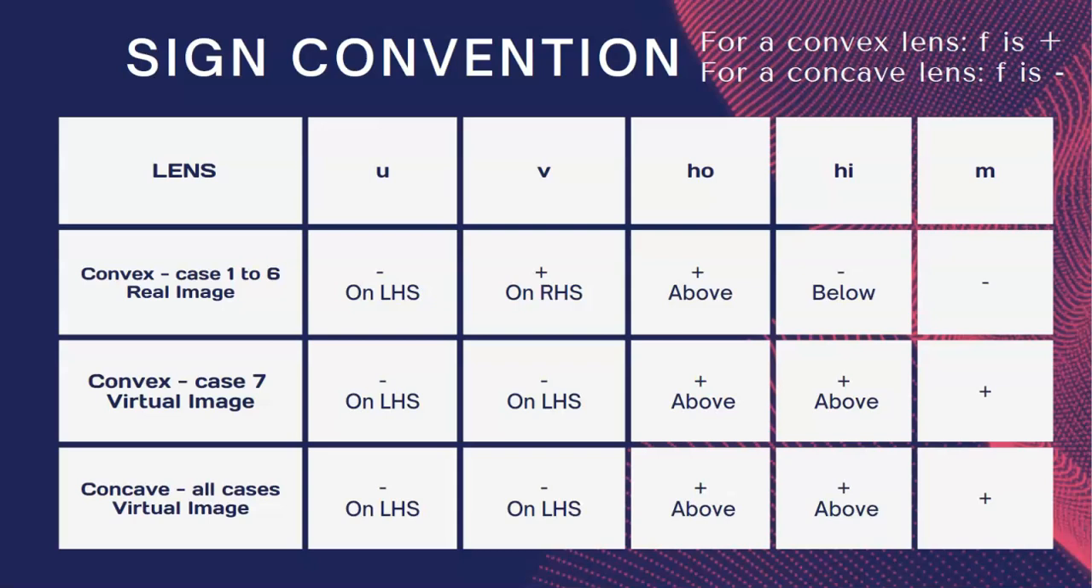Sign convention depends upon whether the image is on the left or on the right. It also depends upon whether the image is above the principal axis or below the principal